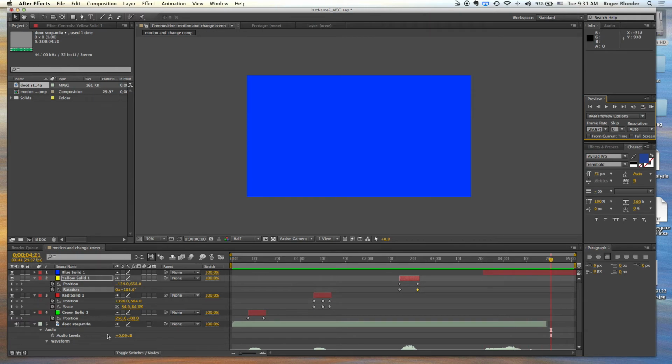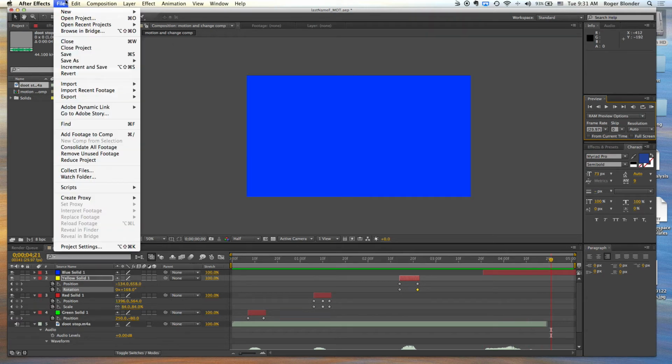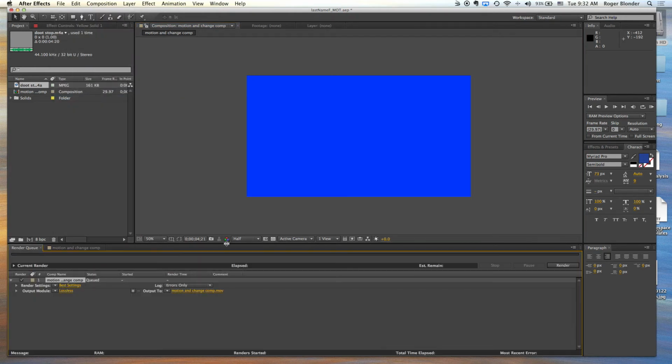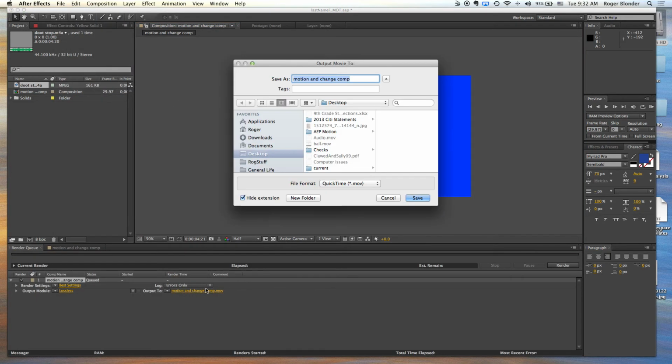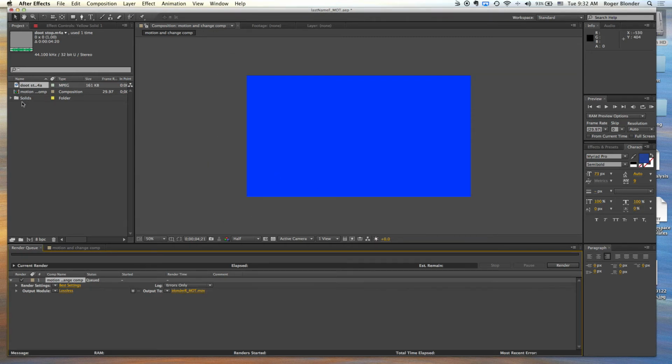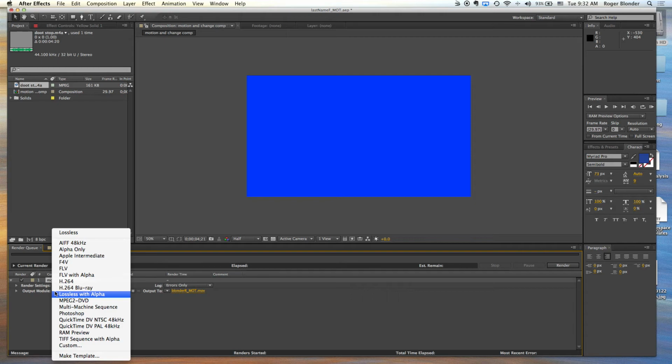Okay, so what this does, I'm going to go File. I should save first, so File, Save, and then File, Export, Add to Render Queue. I'm going to come to my render queue, make sure I name it the right thing. So mine would be Blonder R MOT. I'll put it on my AEP motion, save, and come here and change this to